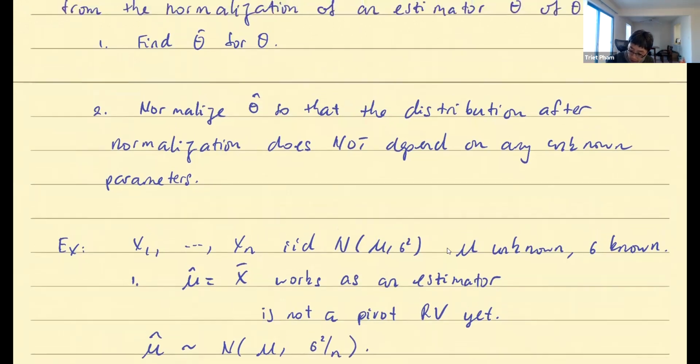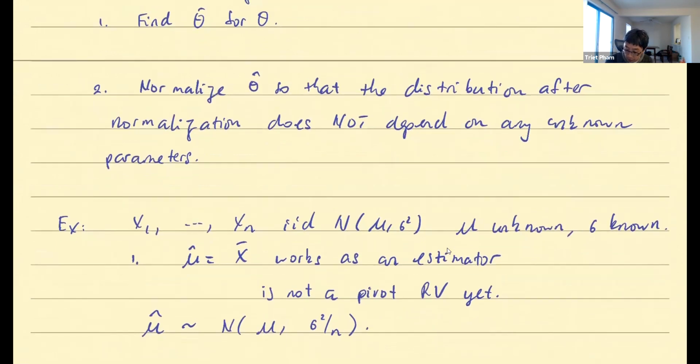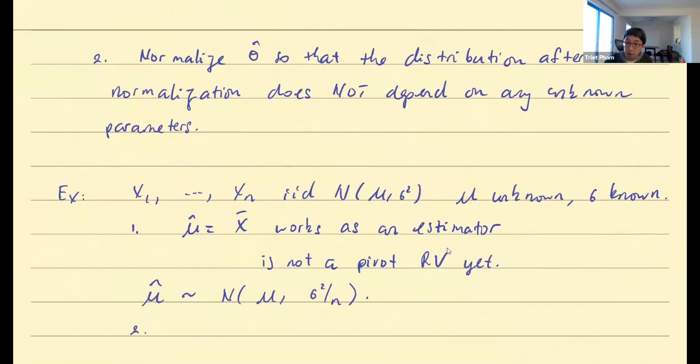So it violates this requirement right here. Well, technically speaking, right here is the most violation. This point you can live with because sigma is known. But again, in practice, any population parameters should be assumed unknown. So this is why, to get to mu hat pivot, you must normalize mu hat. But what's the normalization? Well, I think everyone knows that it is subtracting mu and dividing by